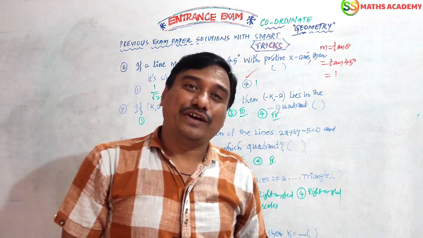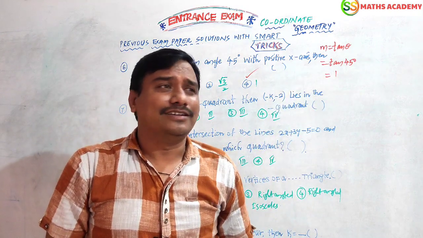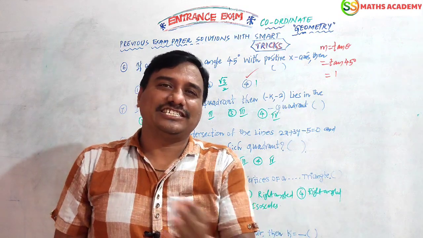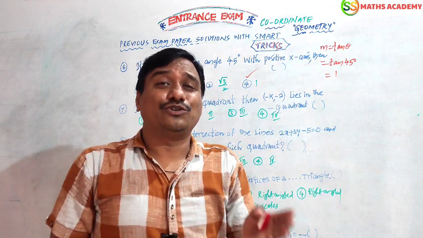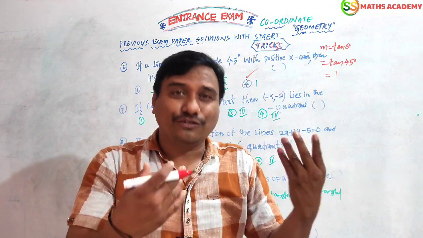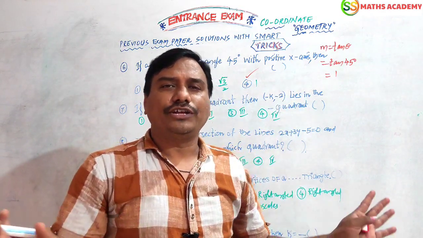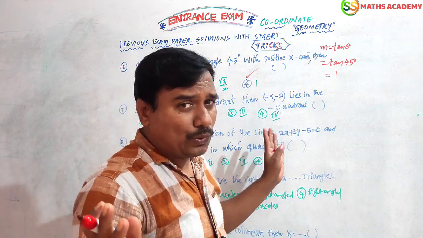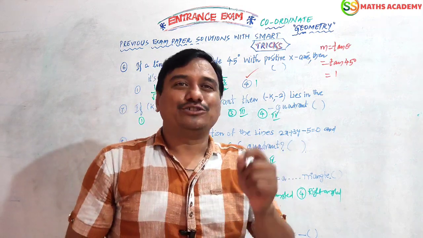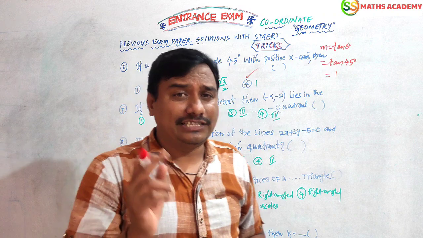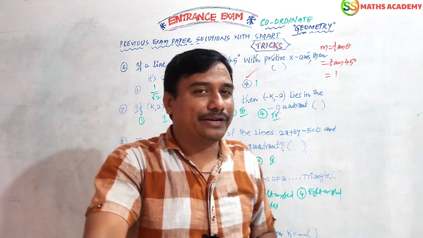Okay, sir, if I know the trigonometric table, I don't need to do this. Yes, you are right. If you know the trigonometric table, sin 0, 30, 45, 60, 90 is 0, 1 by 2, 1 by root 2, root 3 by 2, 1. Tan 0, 30, 45, 60, 90 is 0, 1 by root 3, 1, root 3, infinity. If you know it like this, you can write the answer. Tan 45 is 1, tan 60 is root 3, tan 30 is 1 by root 3, tan 90 is infinity, tan 0 is 0. Like that you can say the answer in the exam, if you know the table. Most of the students are asking, sir, we want trigonometry. Definitely this Sunday I will make a full-fledged trigonometry video. Up to then you can manage, right?